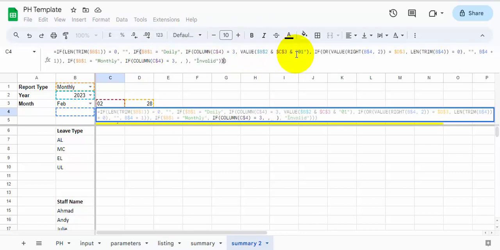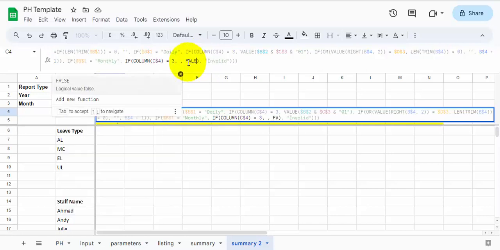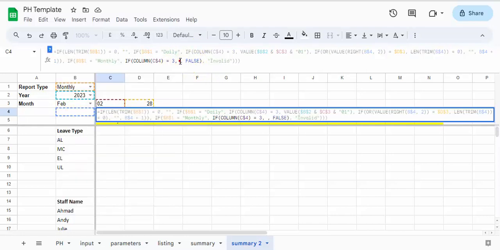Sometimes I just want to click one step to the right, but it just goes straight out. Okay, so true or false. So from here, if it's this one,